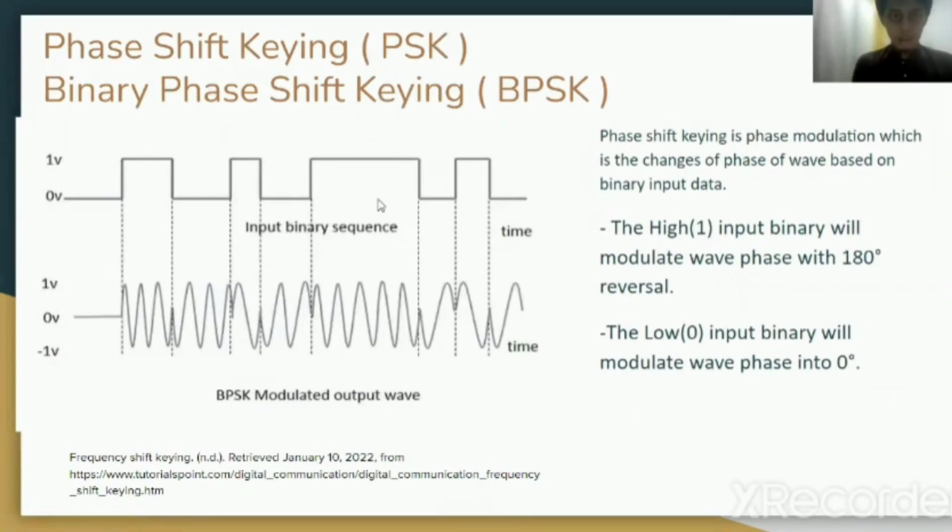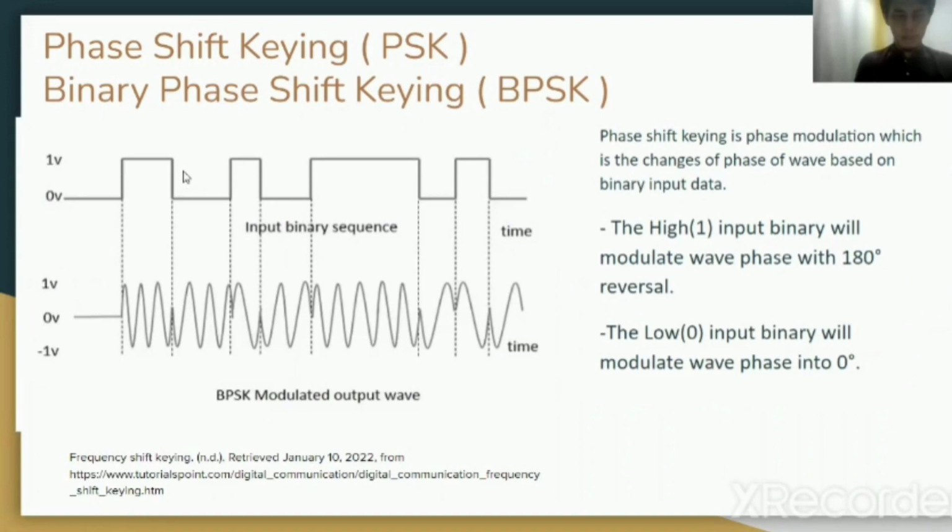Phase shifting, since it depends on the binary code, we might call it binary phase shifting. It is basically phase modulation. As you can see, whenever the input bit is high, it will be modulated with a 180 degree phase reversal, and whenever the input is low, it will modulate the wave phase to 0 degree. So when the input is high, the phase of the signal will be a